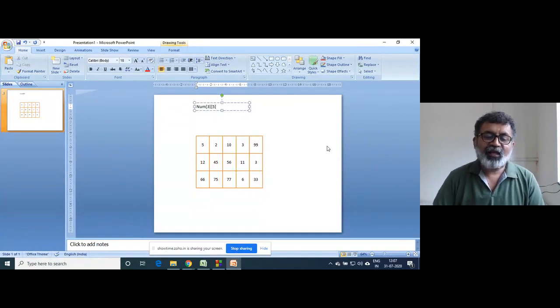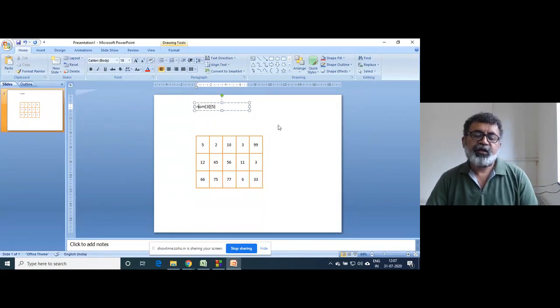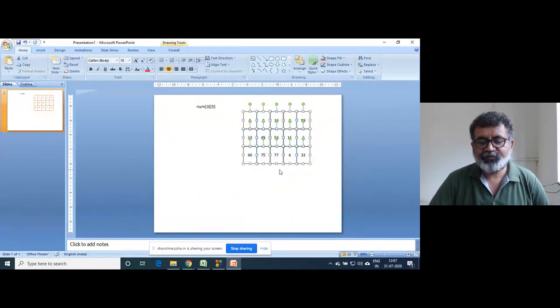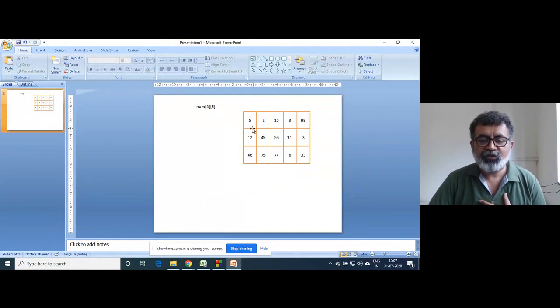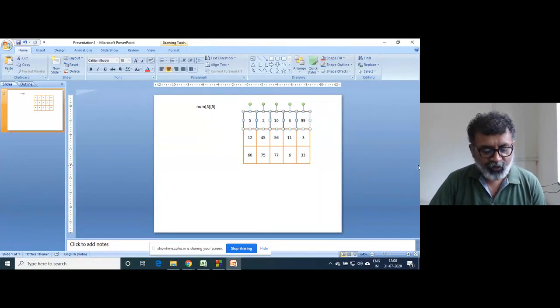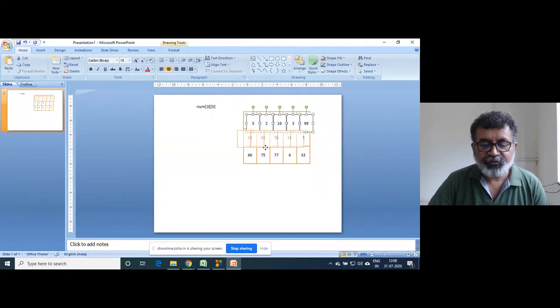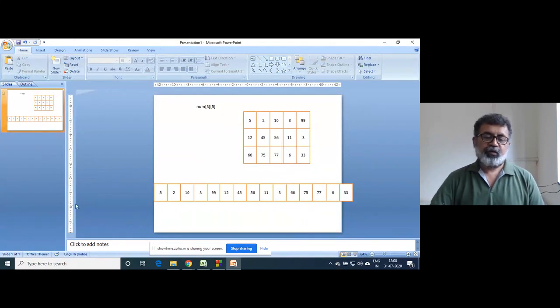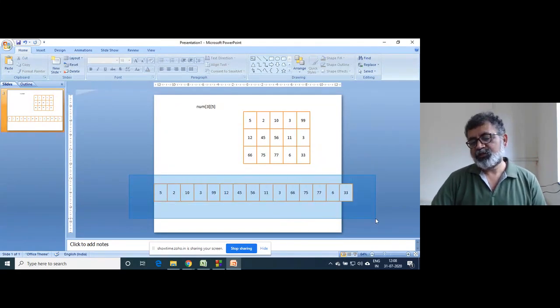When you declare the array as num of 3 and 5, its pictorial representation, visual interpretation is going to be like this: 3 rows and 5 columns. But inside memory, the elements are stored like this, contiguous.